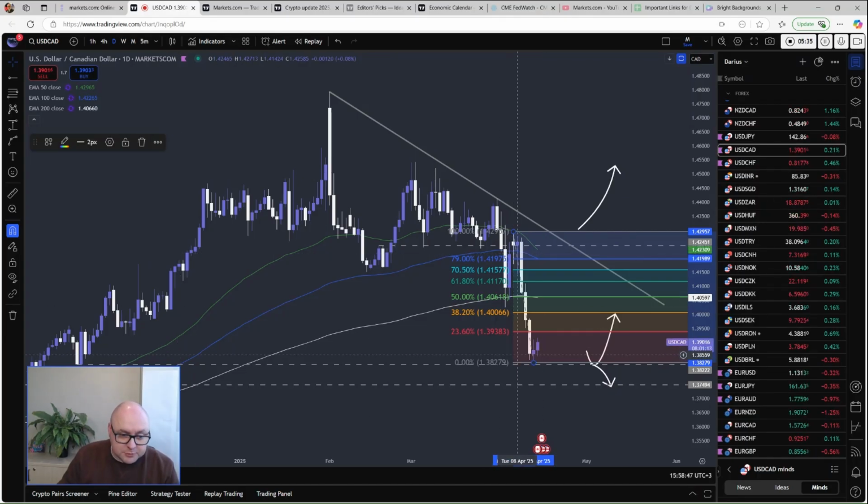For now, if you are trading something Canadian dollar related, we might see a little bit of weakness in the Canadian dollar just because of the upcoming events. But still, if you are trading USD CAD, keep your eyes on what's happening with the US and what comes out of the White House in a way,